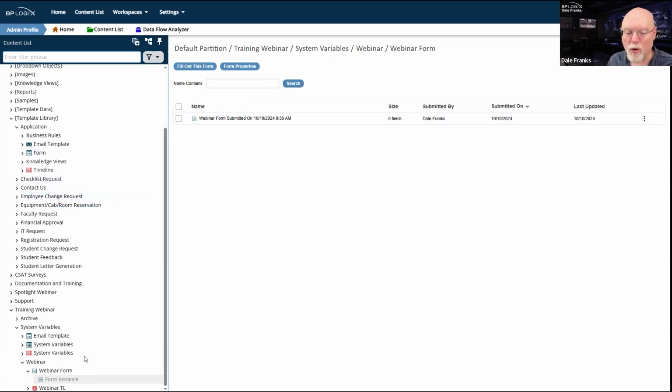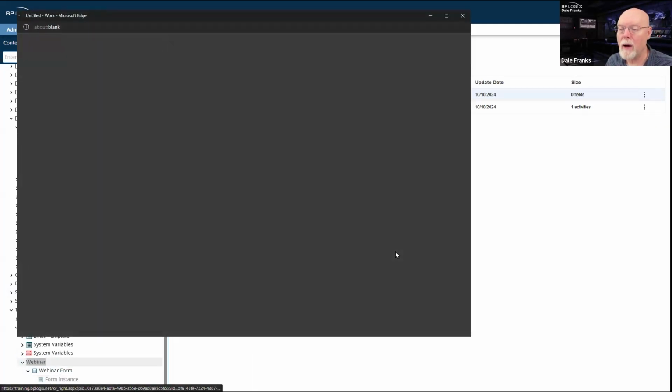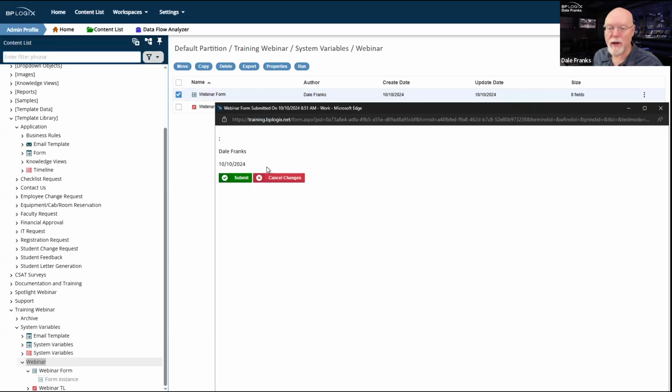Now, if I create a new instance of the form and we run it, nothing appears at the top. Remember, I'm out of context for either of those system variables, so they don't appear.